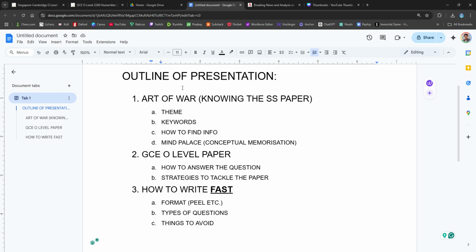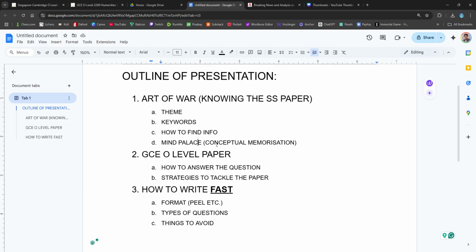So there are a few themes you need to know in the social studies paper. How do you know this? Now with the new secondary school system, everybody's going to be doing the SEC paper. So that means that whether in the past you were express, normal academic, or whatever it is, you'll be taking the same paper. Right, so it's going to be even more challenging because the difficulty will be much higher,